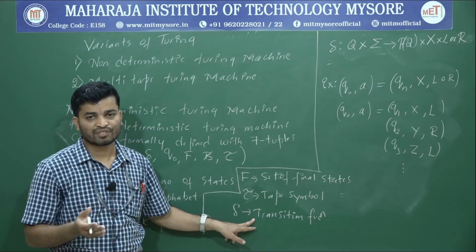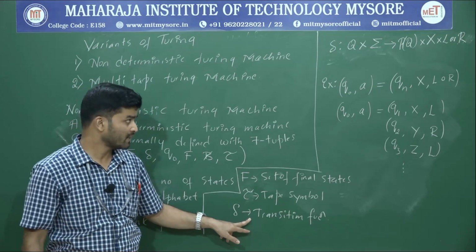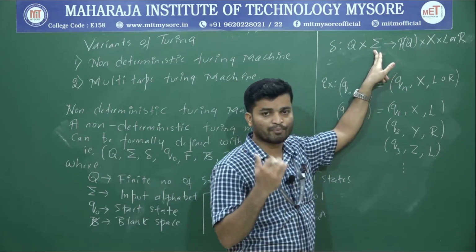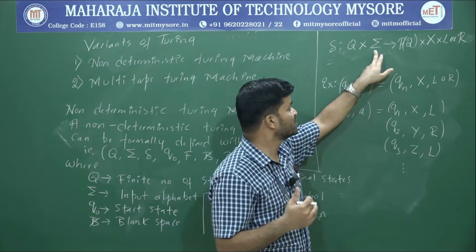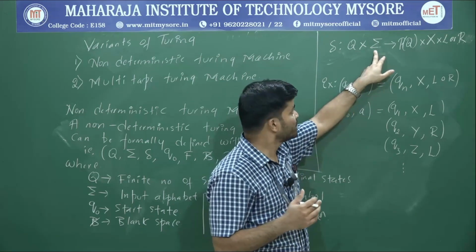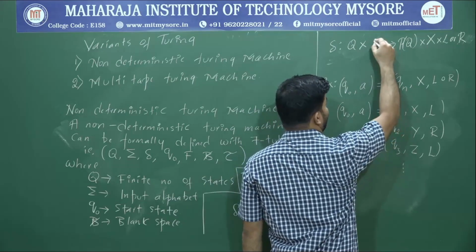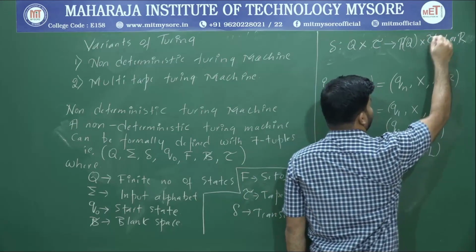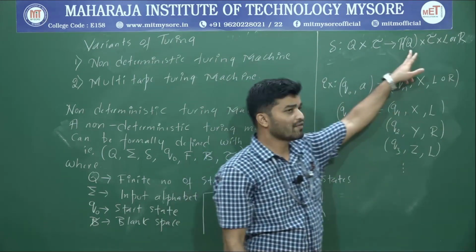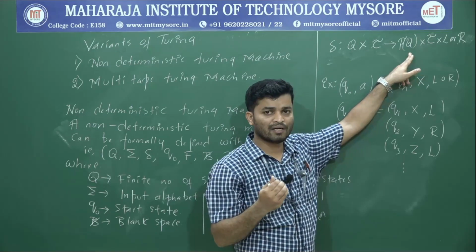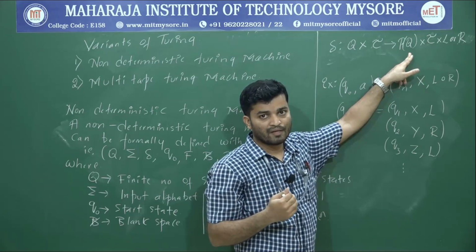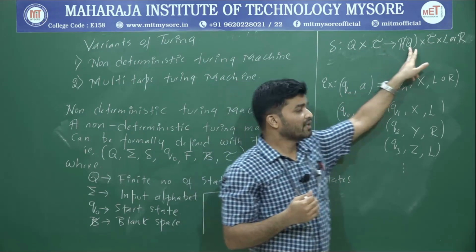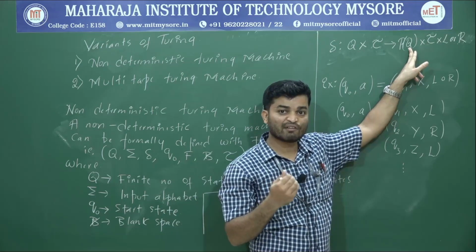Whether it is deterministic or non-deterministic, they differ only with respect to delta. If you are in some state in Q, a finite set of states, and you find some input on the tape, you can write sigma or tau, the tape symbol. It is better to write tau, the tape symbol, and you take a transition to P of Q, the power set of Q, which means it will take a transition to any one of the states that come under a subset of Q. So if you are in some state and you get some tape symbol, you take a transition to any one subset of Q.